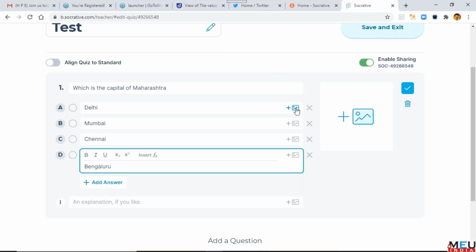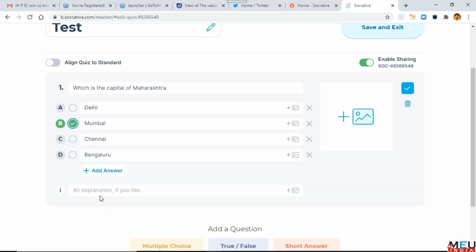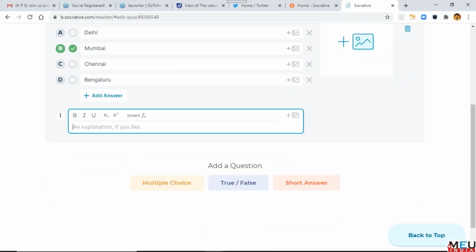If you want to add a picture here also, that is possible. And then you can give an explanation, what is the right answer and what is the wrong answer. Select which is the right answer, and if you want to give any explanation, give that. Fine. So now one question is done.